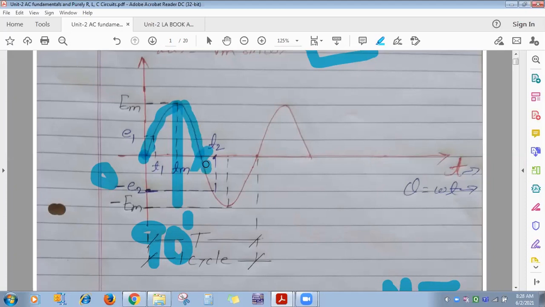Further, you rotate the coil after 180 degree: 190, 200, 210, and so on up to 270 degree. What will happen? Again the flux cut by the coil is increasing, so the induced EMF also increases. But now the direction of that induced EMF is the reverse of the earlier one. Whatever is the direction of induced EMF between 0 to 180 degree, the reverse of it is the direction of induced EMF after 180 degree.